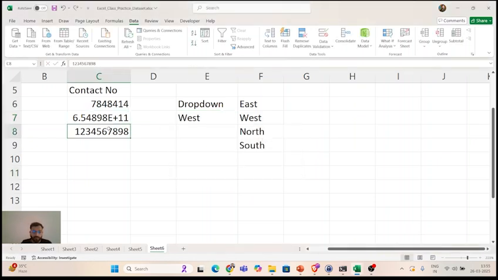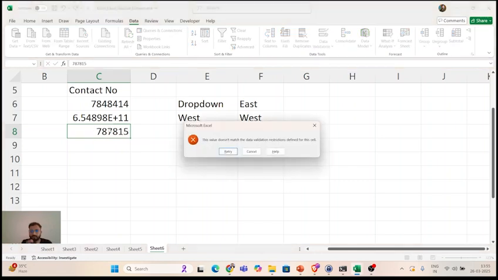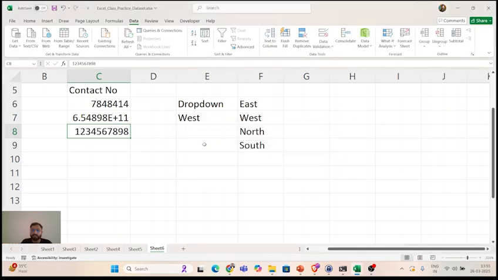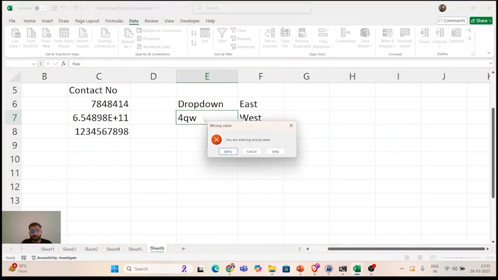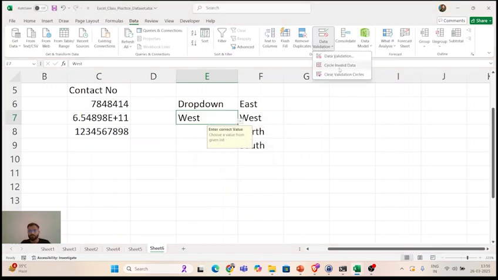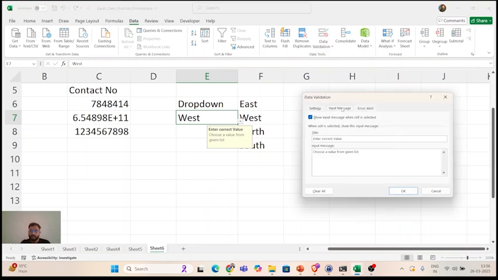Here, in this case, we have not entered any error message or input message, so we are not getting any. If I enter the wrong value, it directly gives an error: this value does not match the data validation restriction defined for this cell. Instead of this message, if I want a proper custom message, I can choose this option. See, you are entering wrong value. So that was the option about input message and error alert. That is how your user will understand that they have to input values from the list. This is the error. That is useful in many cases, right?